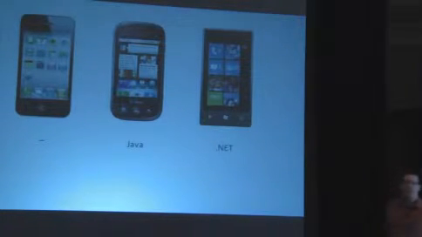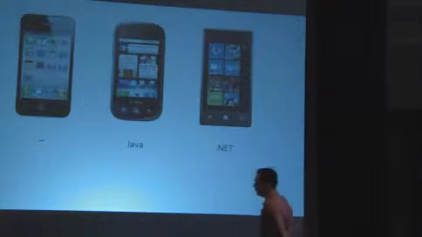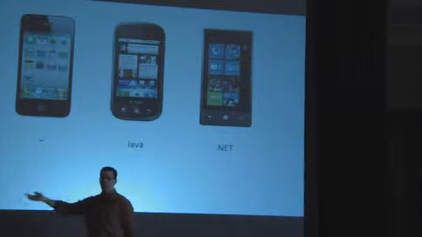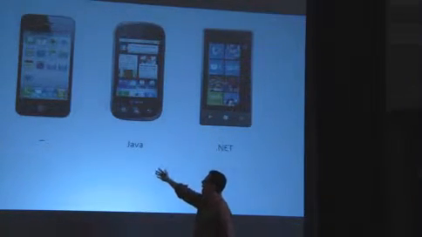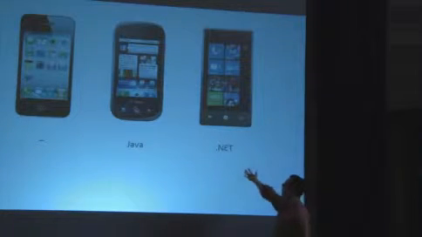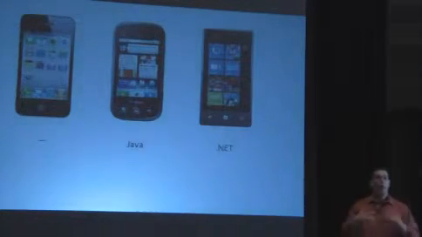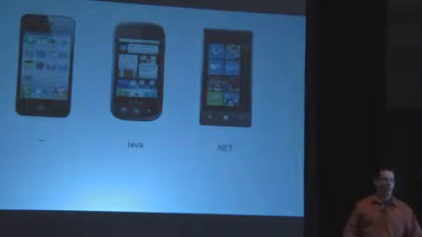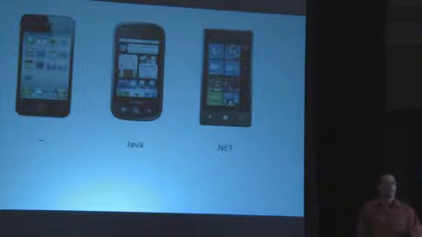Well, in version 1 of every single one of these devices, what was the story for writing apps on the phone? Well, in iPhone version 1, there was none. All you could do is use web apps. With Android, the answer in version 1 was Java. That's all you could do. You could write apps in Java. The same thing was true in Windows Phone 7. If you wanted to write an app, you could do it only in a managed language, in C# typically, but on .NET.